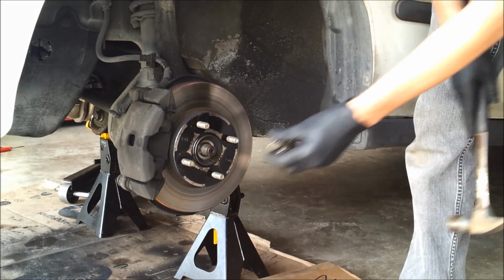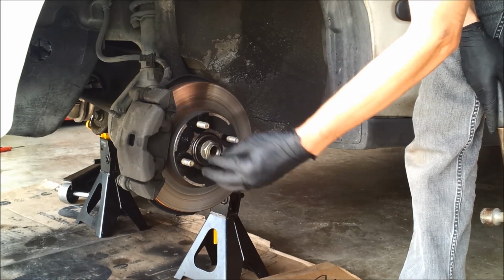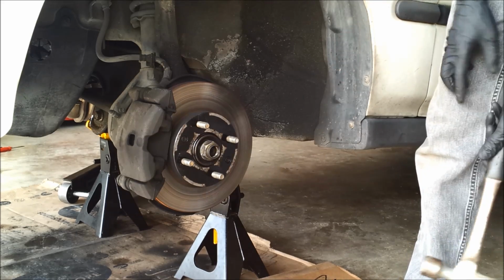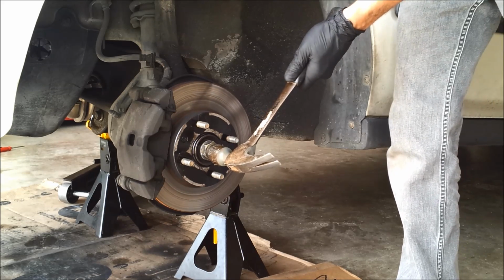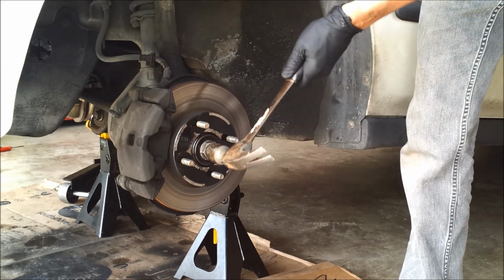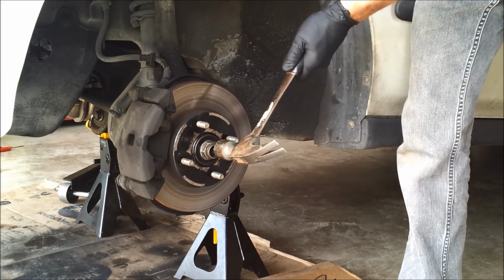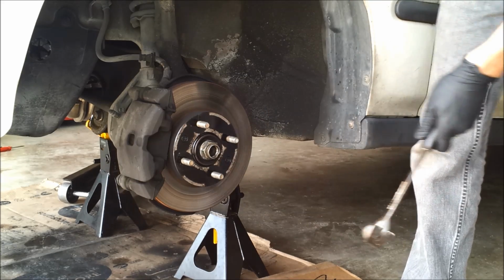In order not to damage the end of the spline shaft by mushrooming it out from hammers and such, I use the axle nut as an impact point by screwing it back onto the axle a handful of thread lengths. This is particularly useful if you plan on reusing the same axles on any other job. With me banging on the end here, the axle is supposed to move or recess back through the hub assembly, but this side wants to get in trouble by not budging with my...